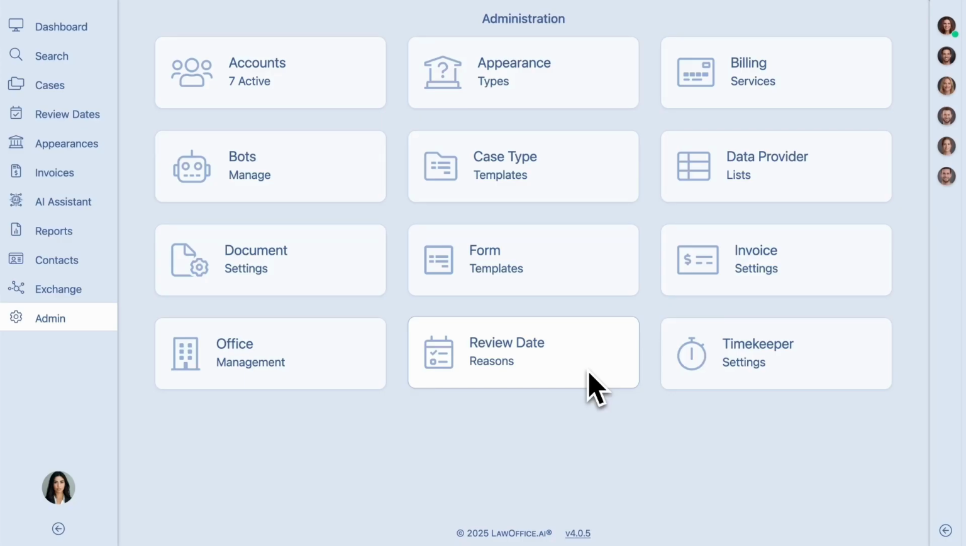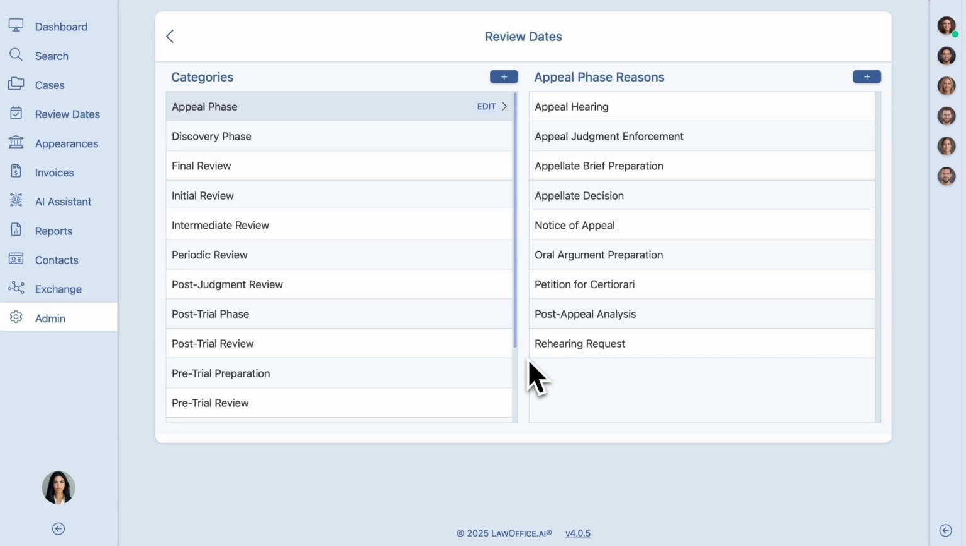By now, in the admin tutorial series, we've covered a lot of ground, and there isn't much left to explain about the review date reasons section. This feature should feel intuitive, especially if you're already familiar with other similar sections like appearance types and the functionalities of the data providers. When you navigate to this section, you'll notice it operates much like a duplicate of the